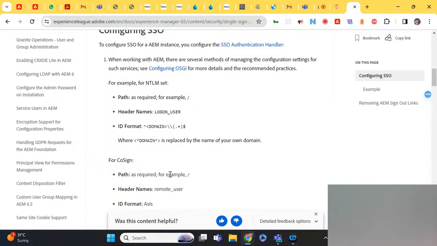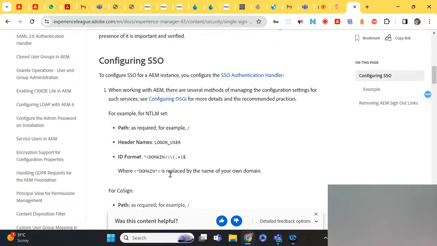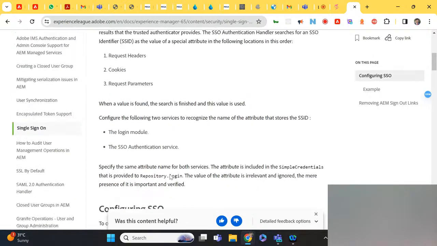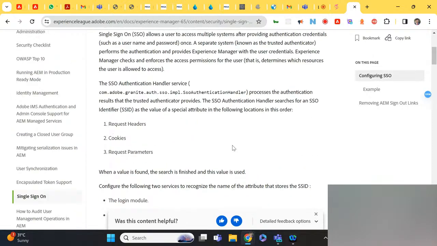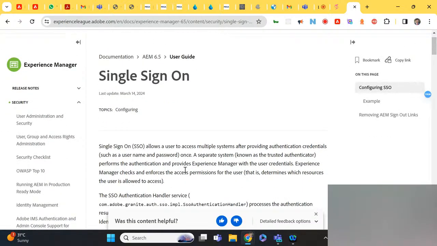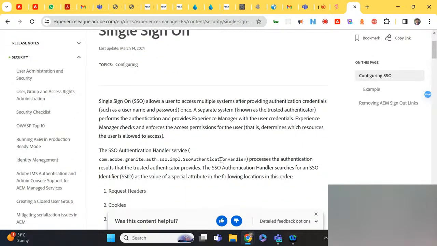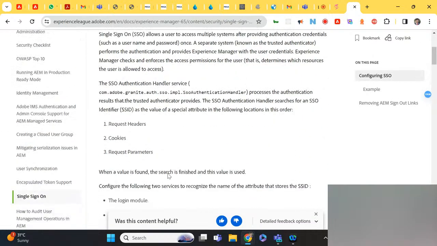There are SAML, LDAP, everything, and then there is SSO also. And in SSO, they're saying out of the box, you can directly include the handler interface and use that for configuring. It will take you to the SSO page directly.